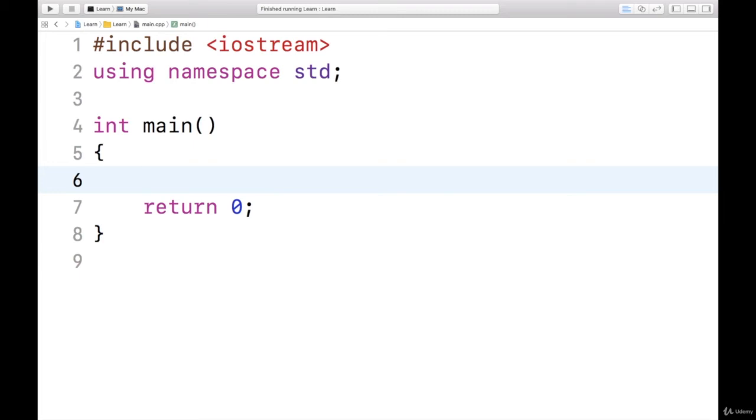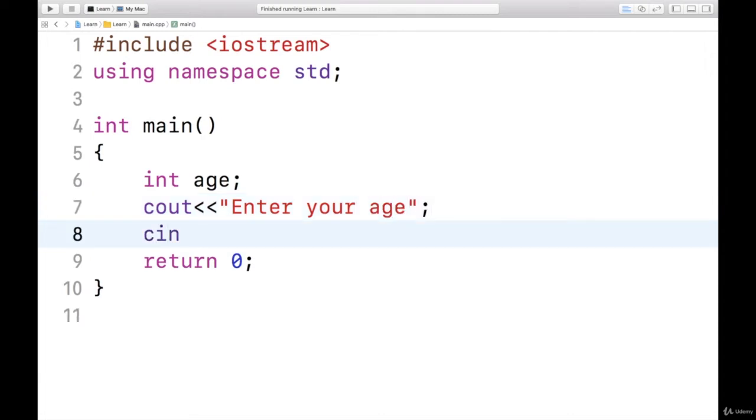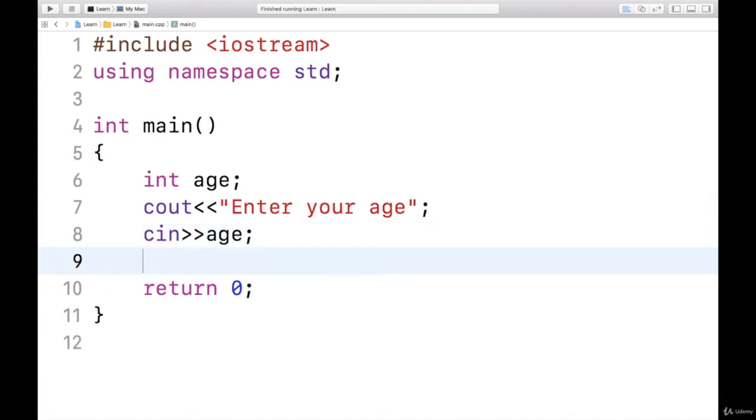Let us write a program to take the age of a person and check whether he is young or not. So for that I will declare a variable called age and cout "enter your age", then cin take age. A condition we have already seen that age is greater than or equal to 12 and